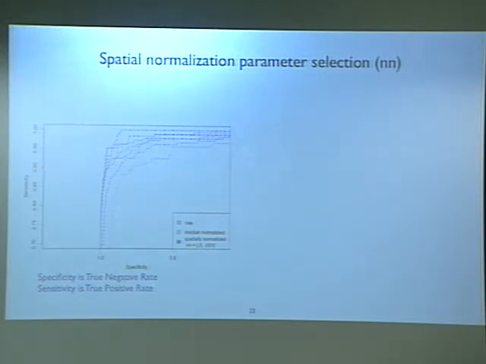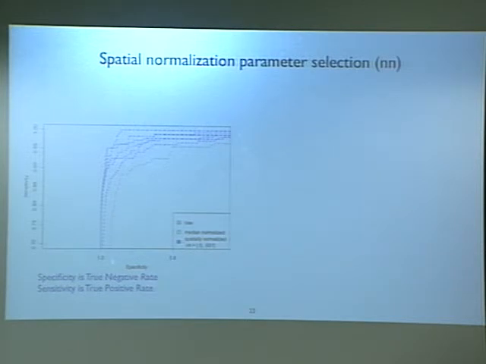So the spatial normalization has one parameter that is a very strong parameter that I use to optimize it for this process. And that's the NN parameter. It's a number of neighbors. It determines how the spatial normalization does a weighting of the neighborhood. And so you're, in essence, determining how far out that weighting should be. So for instance, at a value of 1, it includes everything equally weighted, so it's the same as a median normalization. And at very, very tiny values, it basically takes the data point itself, or very, very localized areas around that data point, very few neighbors. So part of what I needed to do was to choose where in between those two extremes